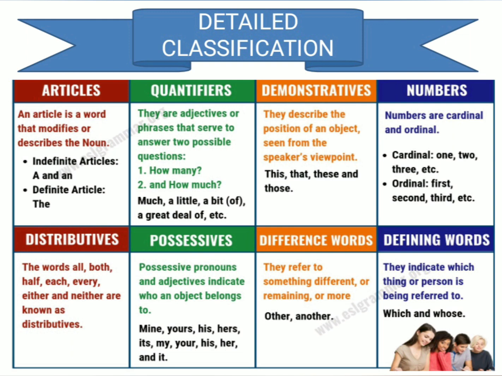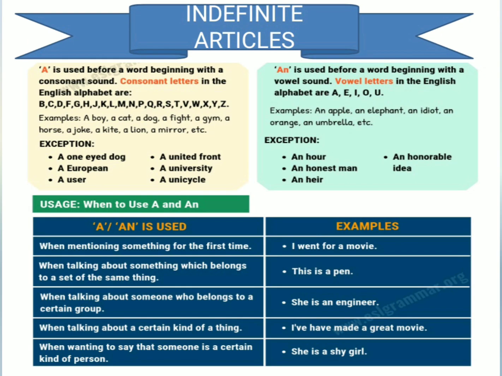Let's see what the different types of determiners are. You can see that I have shown a beautiful table for you in which I have very clearly reflected the different forms of determiners. They are articles, quantifiers, demonstratives, numbers, distributives, possessives, and words we call quantitative and qualitative. If I start with the very first one, that is called the indefinite article.